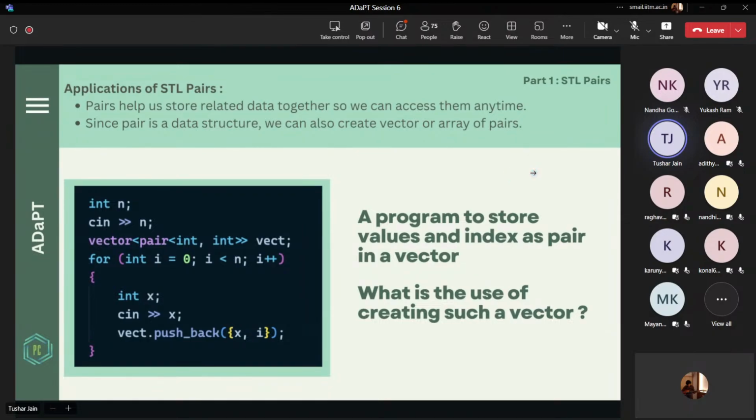Then we can sort the vector. And since the comparison happens on the first element first, the vector will be sorted by the first element first. That means the smaller first element will come first and the larger first element will go later. And it does not depend on the value of the second element. And then we can print the indices in an order that follows the order of increasing marks. So this is a common use of a vector of pairs, and there are other uses of pairs also